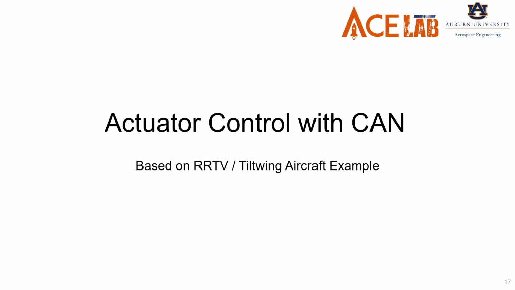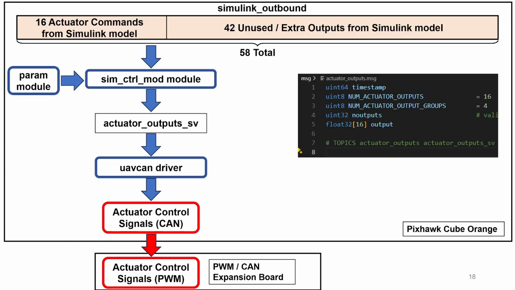Let's talk a little bit about actuator control with CAN, because this was also a big part of this project, and also is a big part of this example that I'm going over in this input-output framework. All right, so as I mentioned previously, we have this Simulink outbound message or topic that we are writing from the Simulink model, and it's being grabbed by the Simulink control module, and does all of the low-level